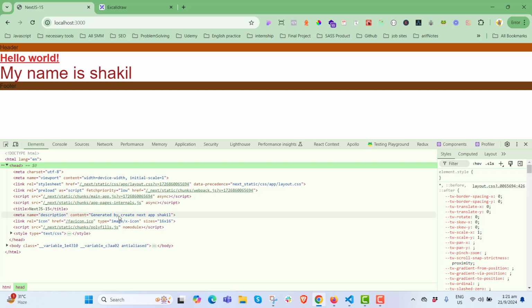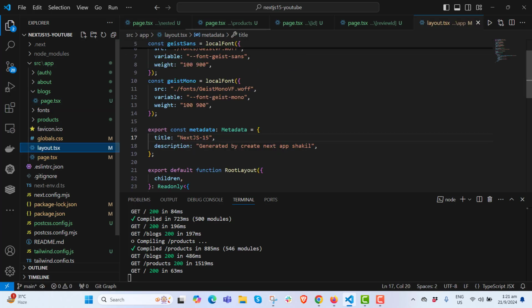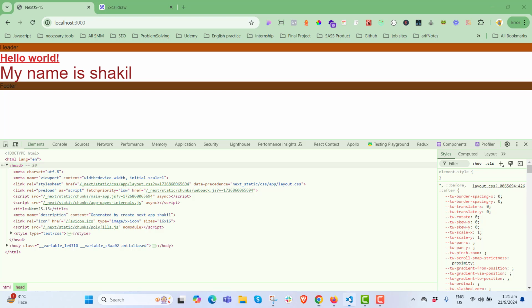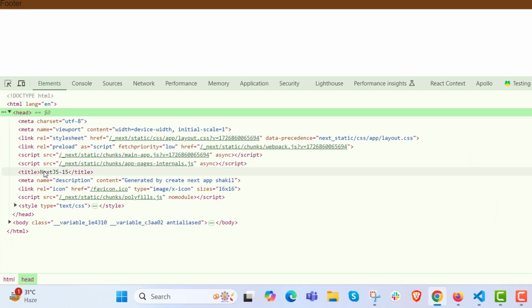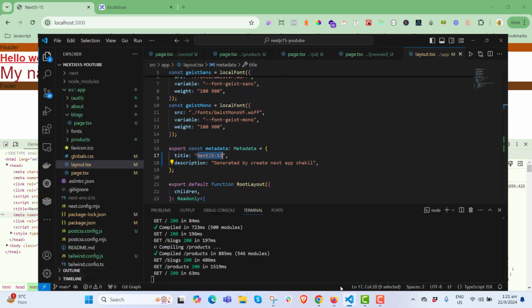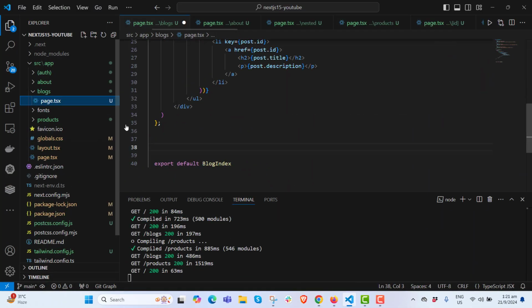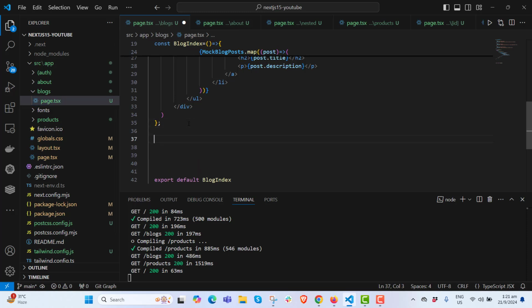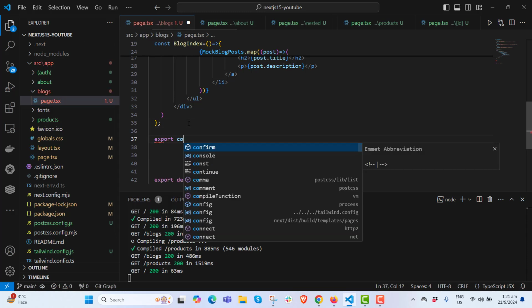It's coming from the layout, generated by Shakil. I gave my name over here so that I can clearly understand, and the title is coming from here. You see Next.js 15 description. So if I give page-specific metadata, let's go over here and declare